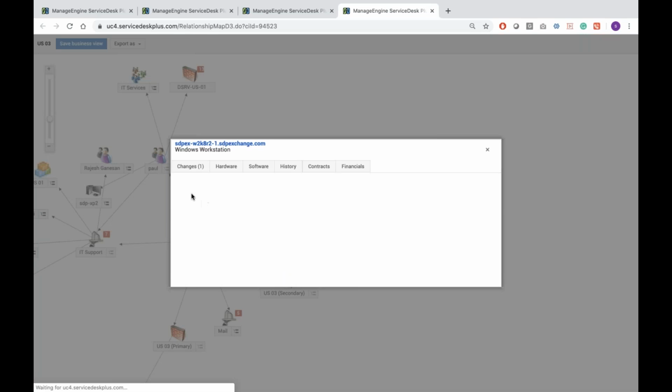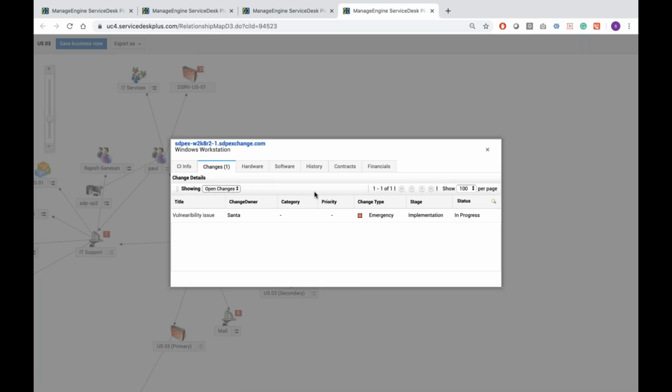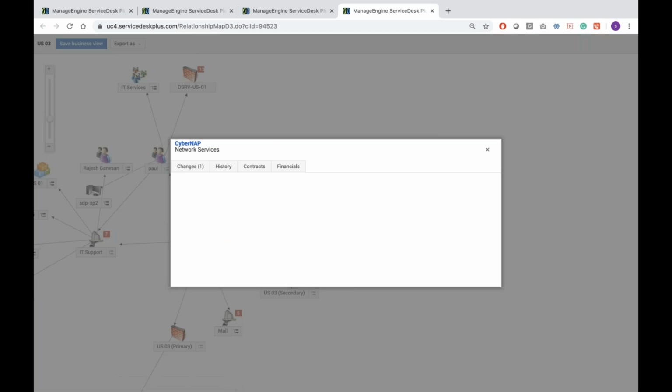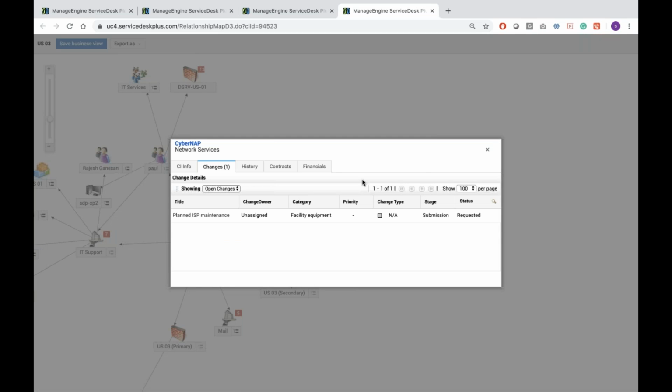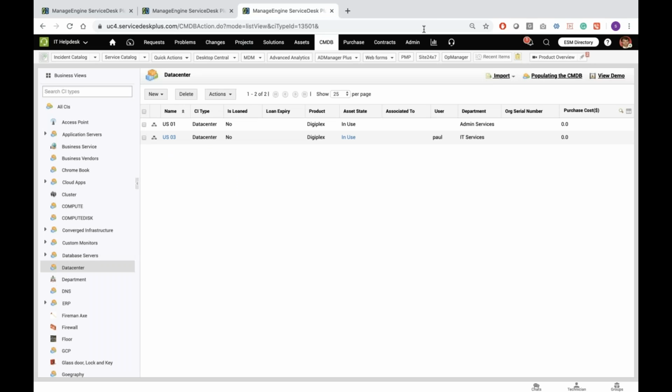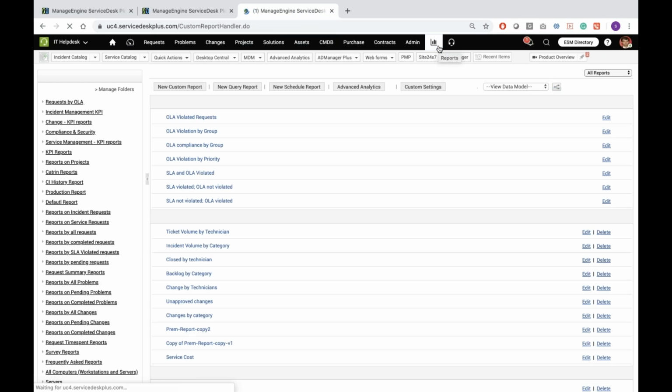Not just that, if you have change management or problem management mapped to each of those particular CIs, it flags it on the CMDB relationship. It helps the change managers or change planners understand if there's an existing change already scheduled or if a problem ticket has already been created. So these are all the IT service management practices and IT asset management practices that have been aligned with the ITIL processes.